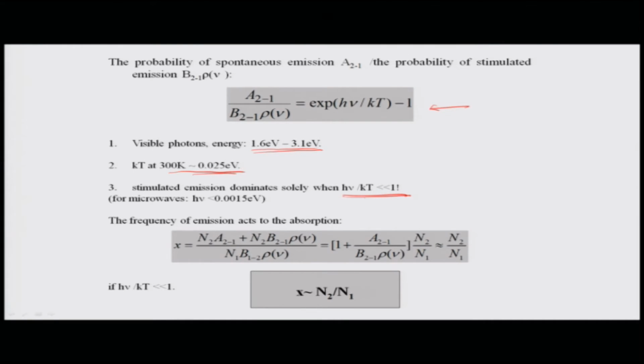So, it is very difficult to get this condition. In the case of microwaves, however, the h nu is less than this small number, and therefore, it is possible, as you can immediately see, that generating